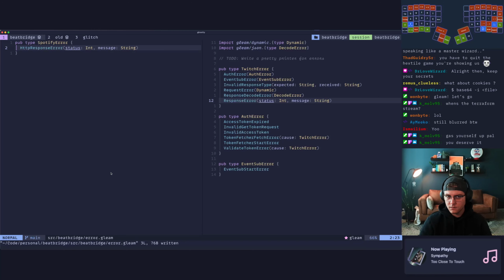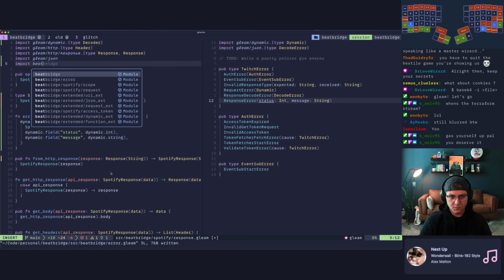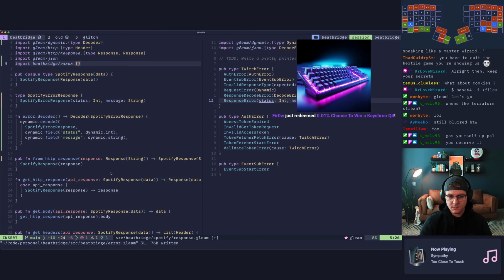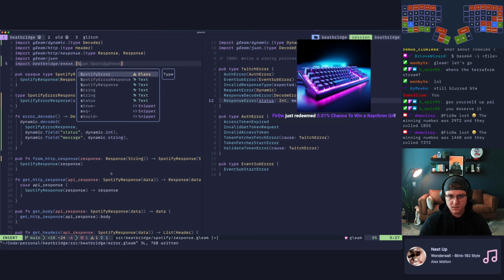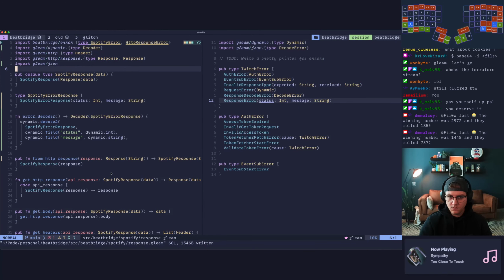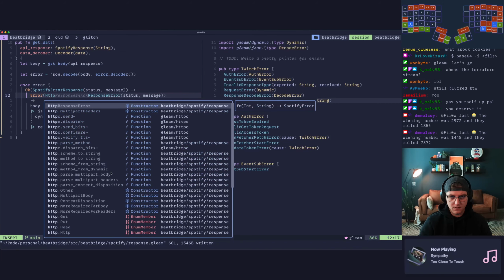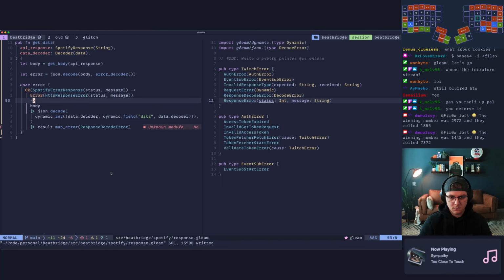Okay. And we'll import that, so that would be import beatbridge/error.Spotify error HTTP response error. Yeah. And down here, this will become a HTTP response error. And then we also need a